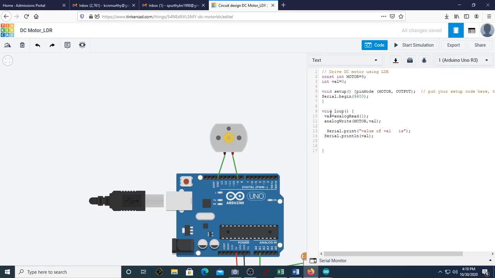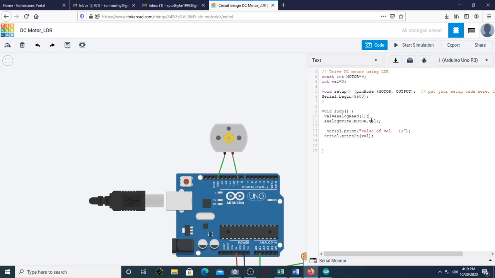So what we are trying to do is, in the infinite loop, the value of analog A1 is being put onto val here. You can see val is equal to analogRead(1), which corresponds to the value that is coming onto A1, and it will be taken into val. That val value will be analog written onto this. So what we can do is you can certainly divide that value of val by 2 because whatever you're reading,